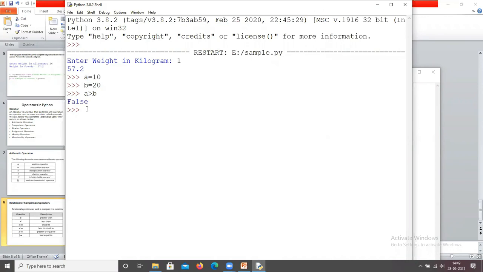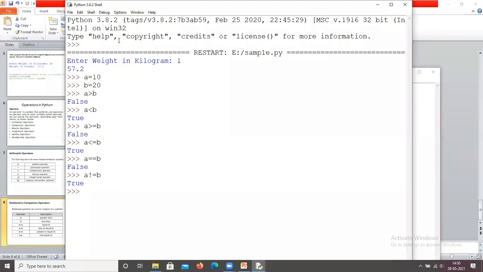It returns false. a less than b returns true. a greater than or equals to b returns false. a less than or equals to b returns true. a equals to b returns false. a not equals to b returns true. All these are the relational operators: greater than, less than, greater than or equals to, less than or equals to, equals to, not equals to.